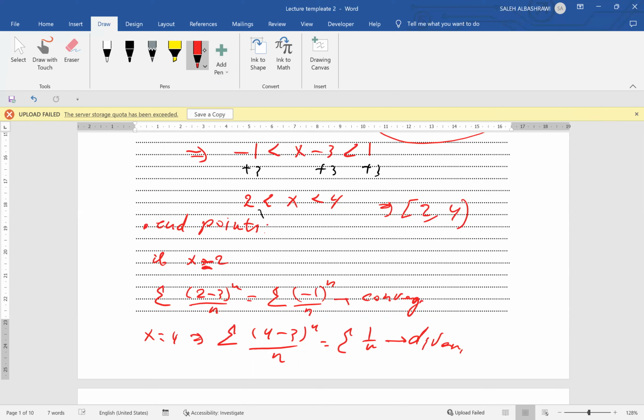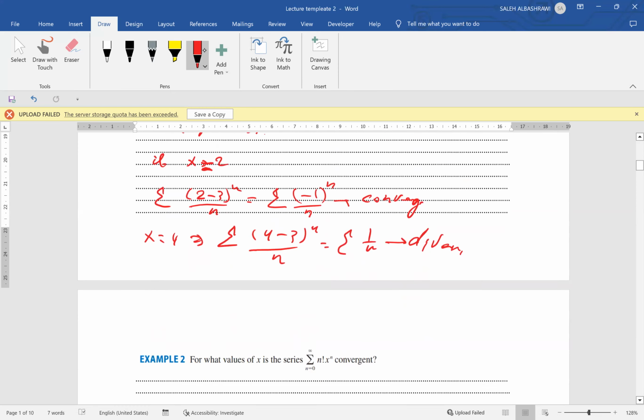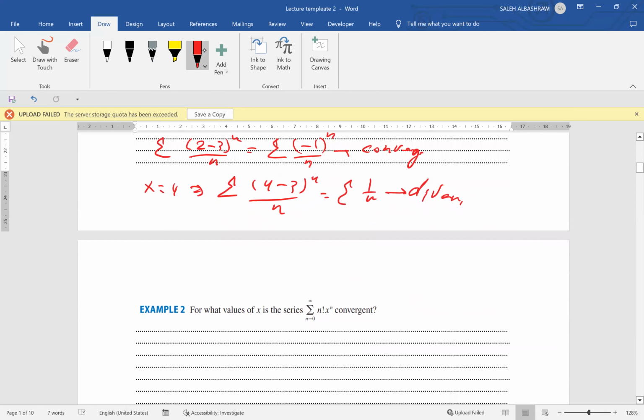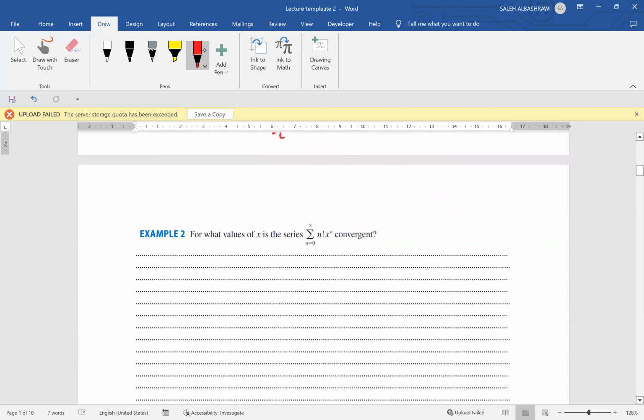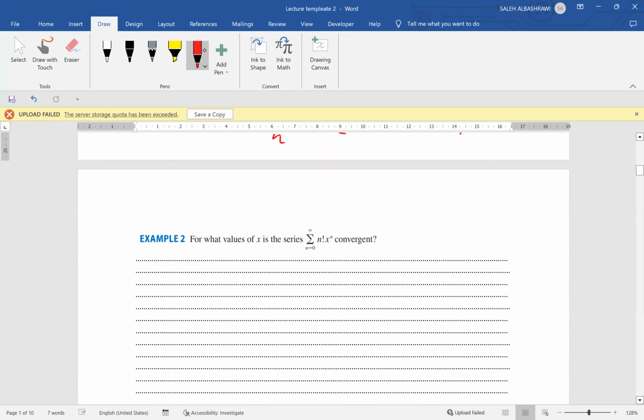Let's have another example. About that, we need to find the values for x for this series for which the series is convergent. Again, we need to apply the power series. Sorry, not the power series, the ratio test. By the ratio test,